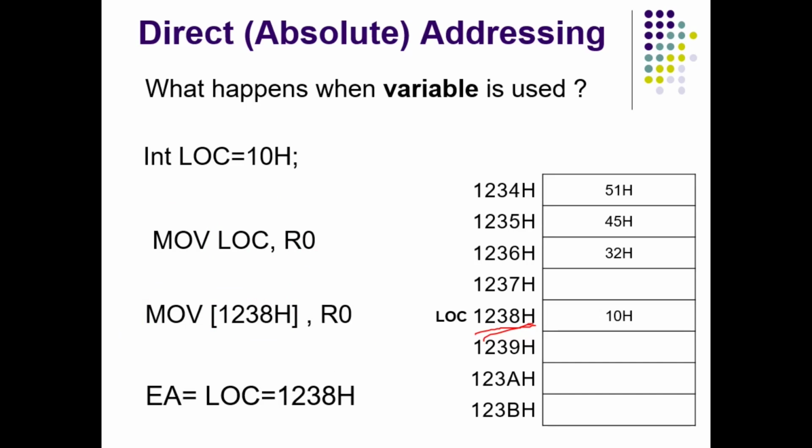Now what is the effective address? Effective address calculation is very simple. In this case, the processor already knows the direct address for the variable declared. So that variable address itself is the effective address. Whenever you declare various variables, the processor always remembers the actual address associated with the variable and replaces every variable name you have mentioned with its equivalent address. So that's why whenever we use variable names, it is actually nothing but direct addressing mode.